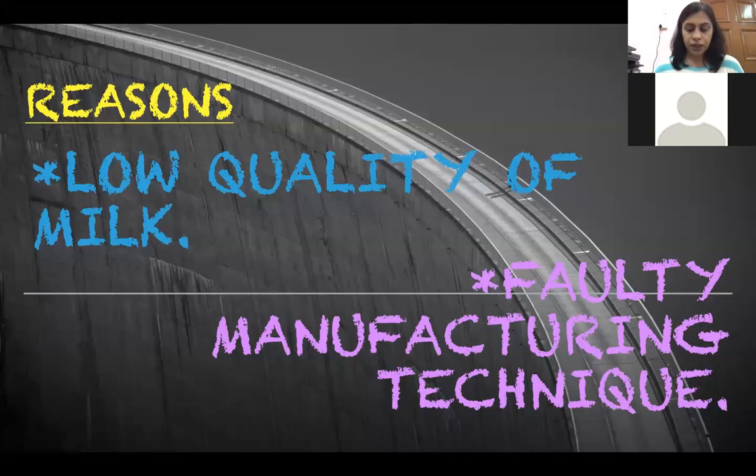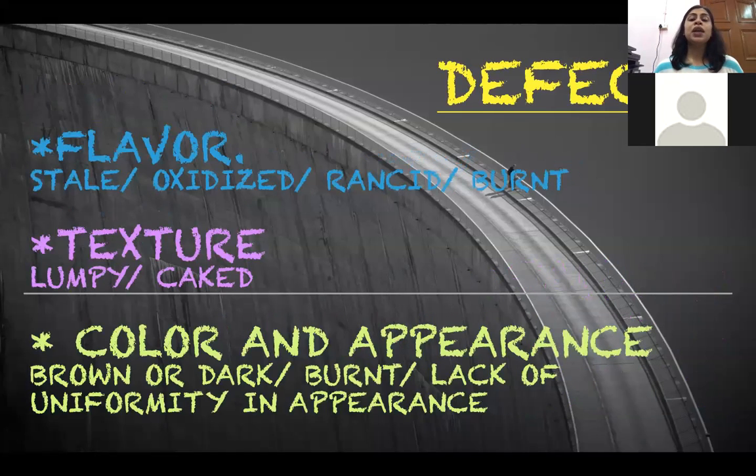Yes, ma'am. Okay, so then we come to what are the main defects we observe in case of whole milk powder and skim milk powder. So basically there are three defects which we see. One is flavor, the other one is texture, and the third one is defects in color and appearance of the final product. So in case of flavor, the defects we observe are stale flavor, which means